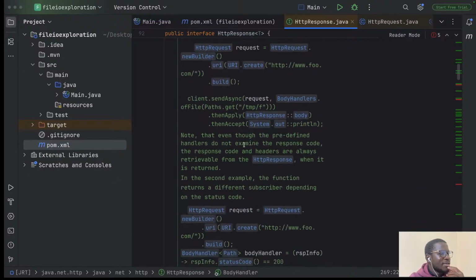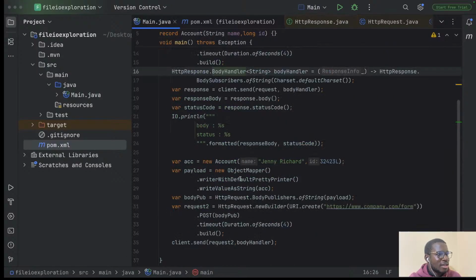So would this be for converting the JSON into Java objects? But also, why would I need it? Wouldn't I just get the response body from the response like we did here? And if part of that response body is JSON, then I could use